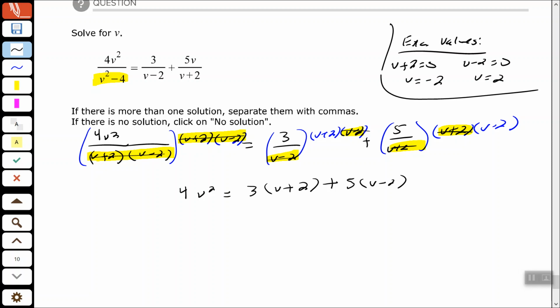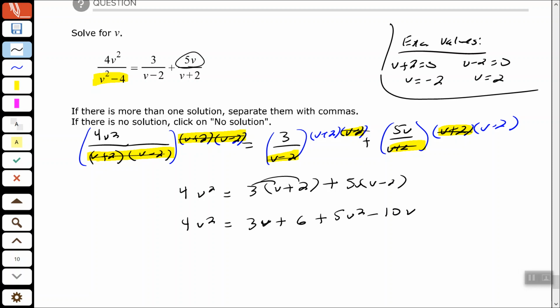Once we've gotten rid of those denominators, let's clear the parentheses. So 3v plus 6, and this was 5v, sorry, I almost left that v off of there. That should be 5v from the original problem there. And then 5v squared minus 10v. All right, so